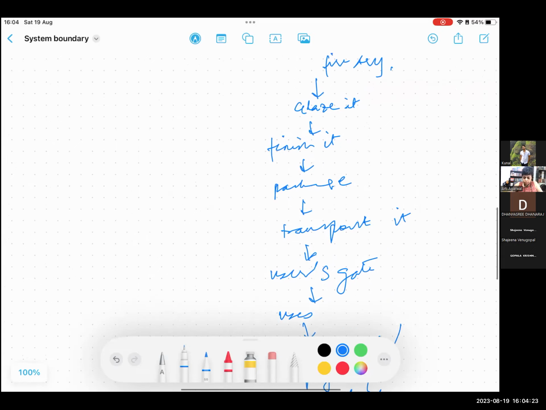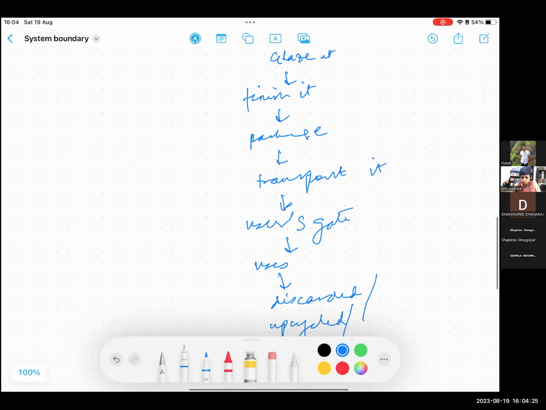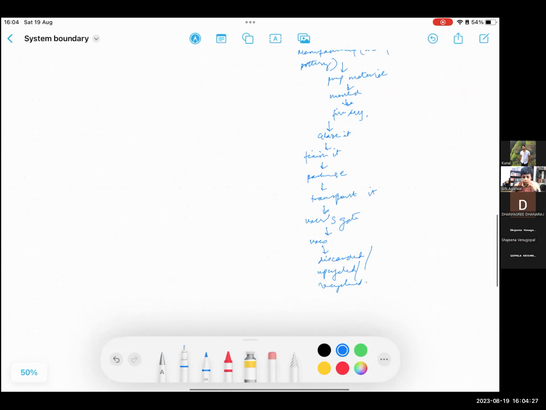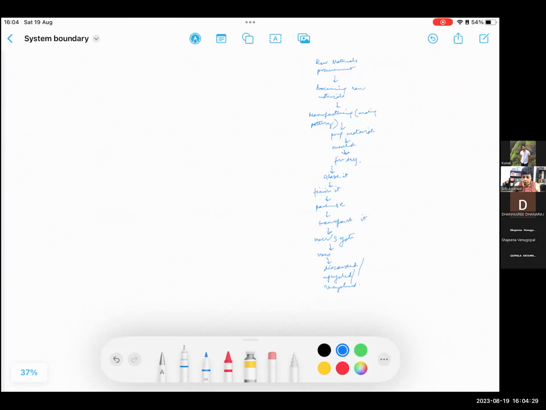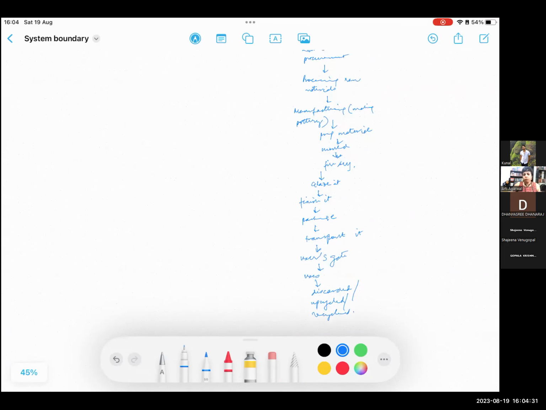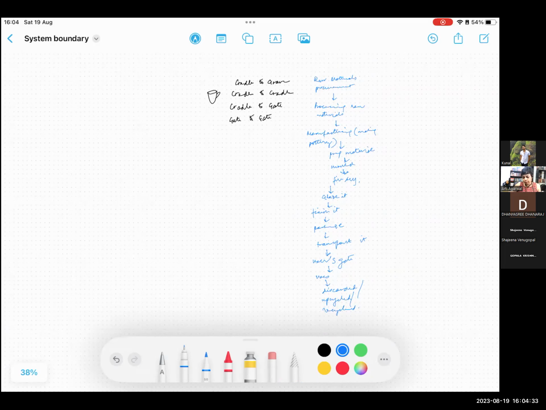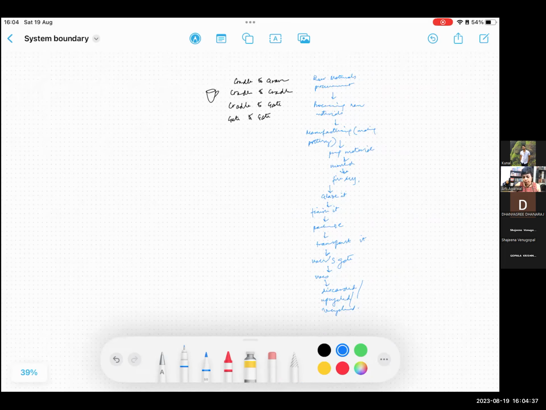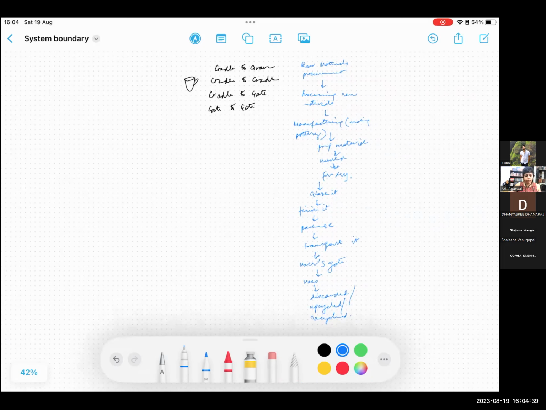So this is the overall picture, everything that happens, in a very brief way, that is included in cradle to grave in manufacturing a coffee mug. Now,